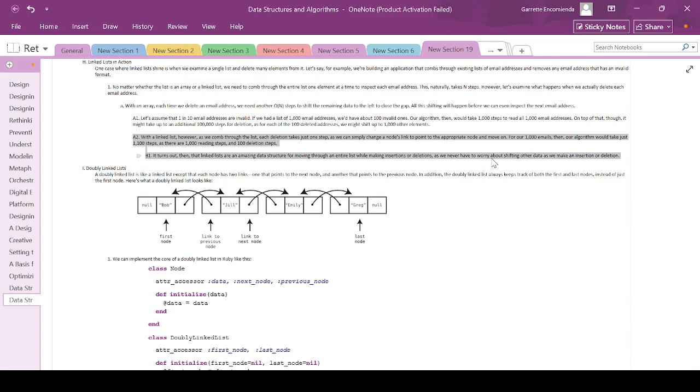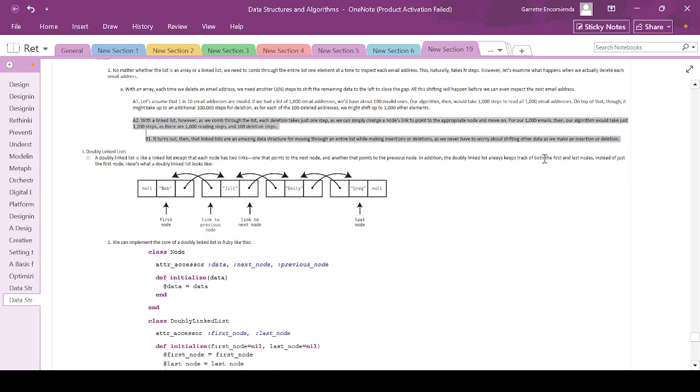So again, it's the same for search, but for the combination of search and then deletion, which is essentially what deleting is about, this is where the linked list shines. For 1,000 emails, then, our algorithm would take just 1,100 steps, as there are 1,000 reading steps and 100 deletion steps for